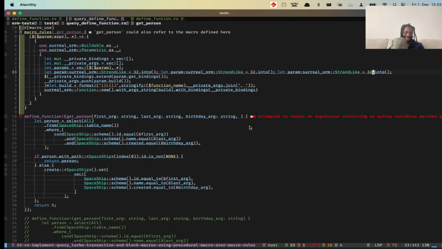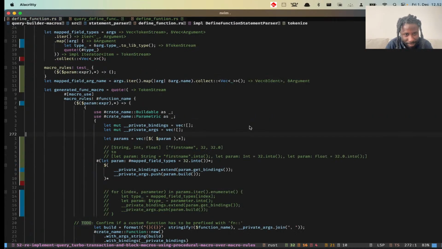Actually, I have an idea. It's gonna be crazy. I have an idea. So I've not tested this idea, but I think it can work. So since we've collected it into a vector, essentially what we can do is, so we're repeating this, right? We can do this, and what we can do is take that, right? So we have params, right? Then